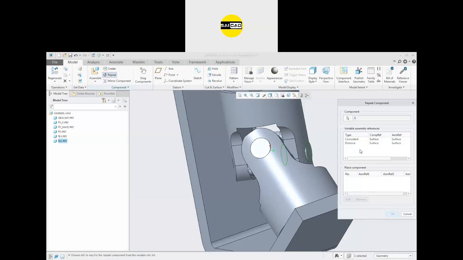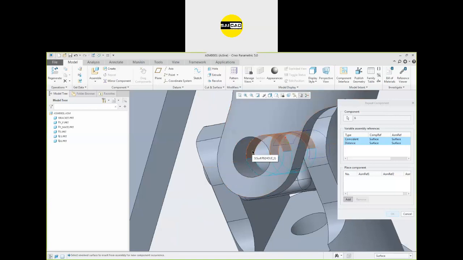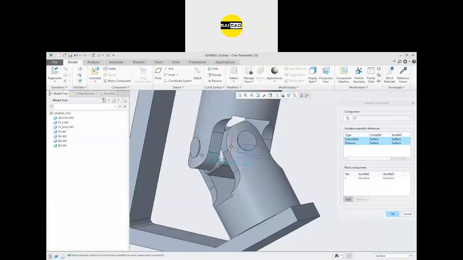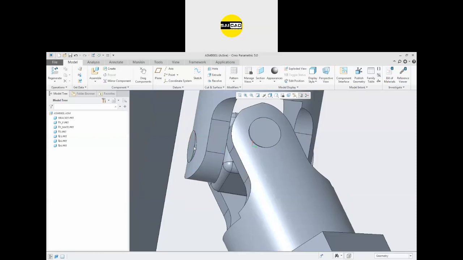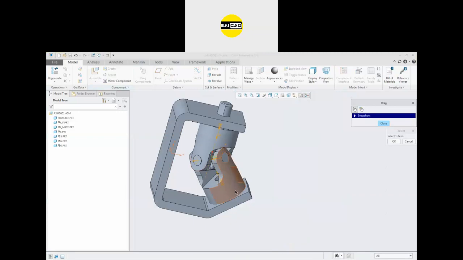So we can repeat the object. We have this option now. In that we can see we have applied two relations. I want to repeat both the relations, so I can just click here on the add, define the relation. So the constant I want is with this one, and the distance I want is with this one. So you can see the part will be inserted, and if you click OK, part will be here with the relation. So if you drag, you can see the object is rotated or movable. Again, there is no problem.